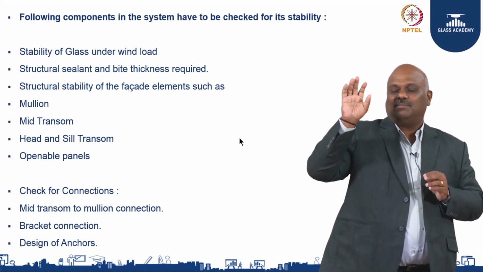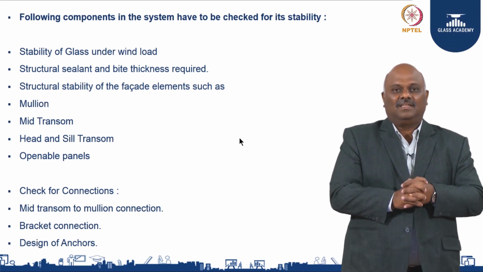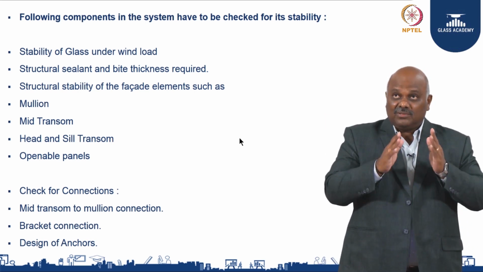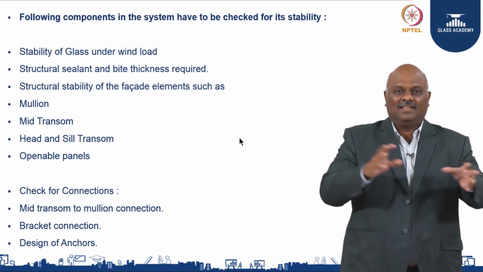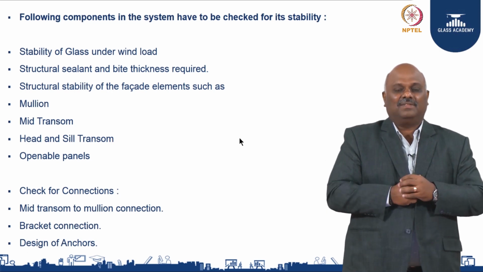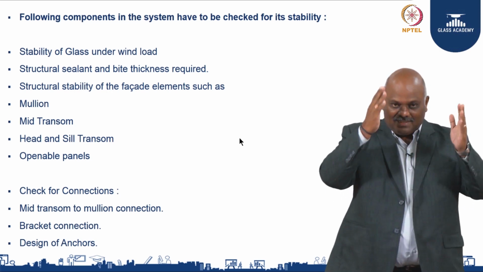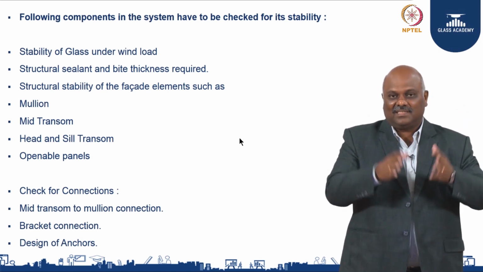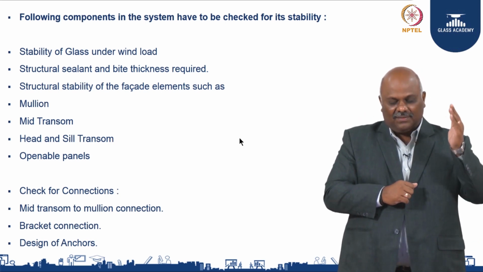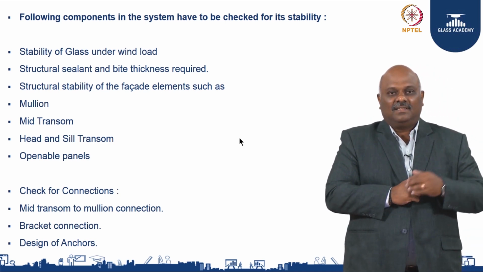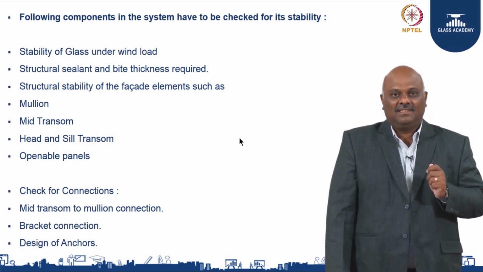You can't say I have done a building A, so I can cut, copy, paste, I can use it. No, it does not work that way. You calculate, you check properly. Even though they are the same, at different places they can't be the same. Different nomenclature, the facade, the coursing, the module itself, if it is changed you calculate. It is better that every project you check all the material, whatever you are putting in, as per the code.